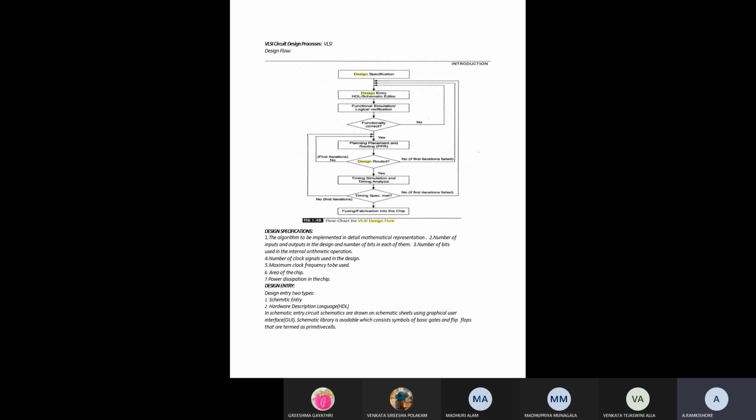In the same way, while designing a specific circuit, we have to start with the design specifications, so that we have the overall idea about that design.